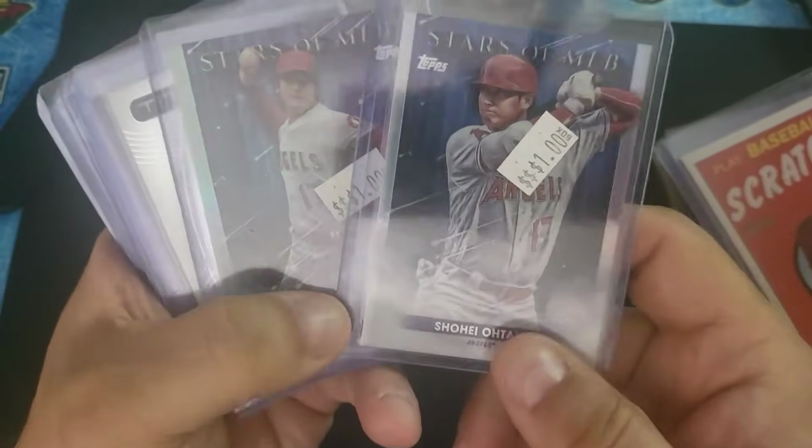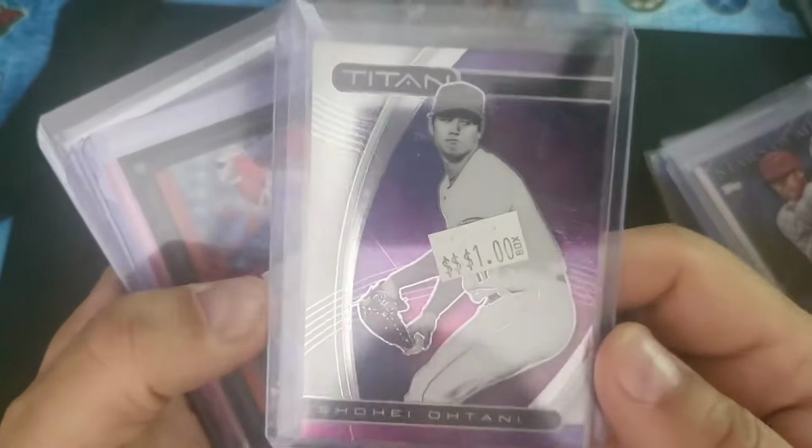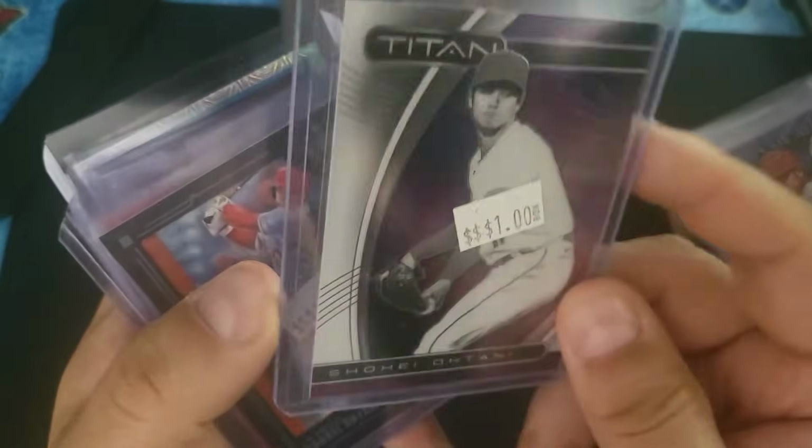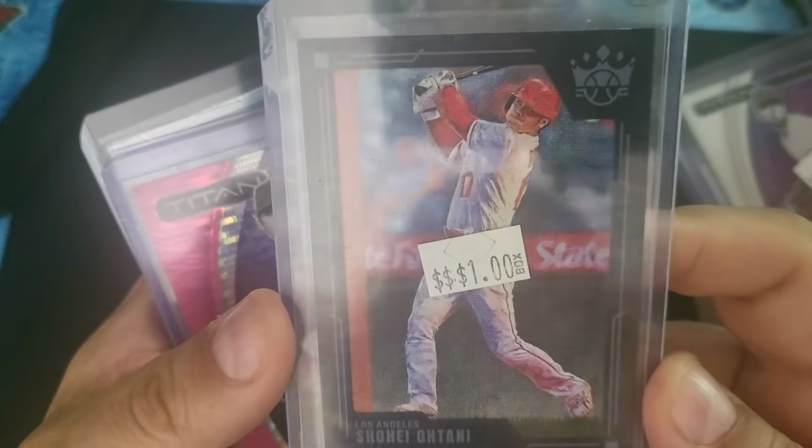Grabbed a couple of stars of the MLB. I know these are extremely common inserts, but there's one batting, one pitching. I thought that would be fun to have. Titan card, I've sold a few of these before. They've done well. This one I really like, this Kings